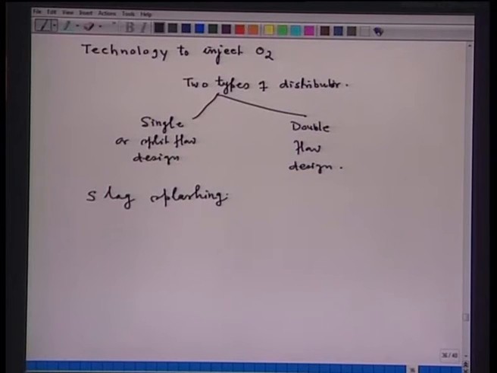Now, slag splashing is done to increase the lining life of the vessel. In some plants, slag splashing has resulted in a very high lining life. Some plants claim greater than 60,000 heats, for one particular example. What is slag splashing? See, at the end of the BOS process,